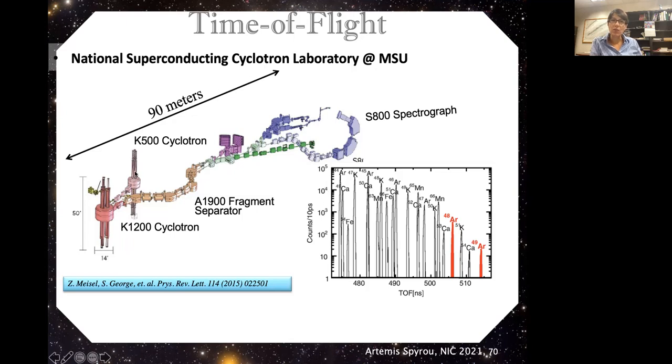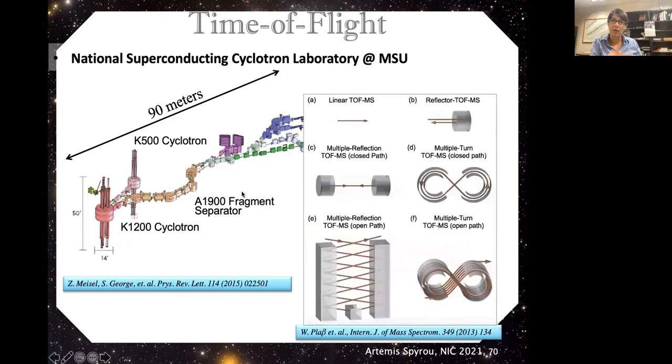But you are limited in how long a time of flight you could have in your facility. This is the NSCL. We could go from the beginning of the facility all the way to the end of the facility. It's about 90 meters, and that was the longest that we could do. In order to increase the flight path, you can just have reflections. And this is what's going on with